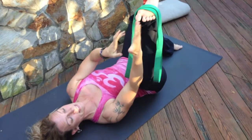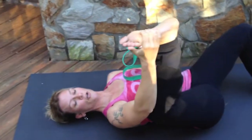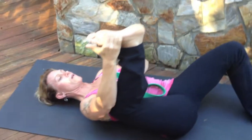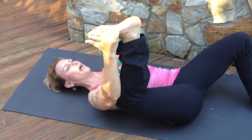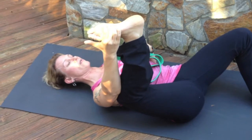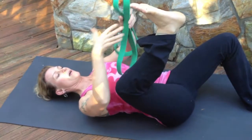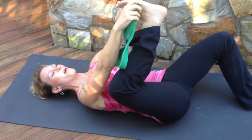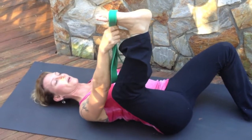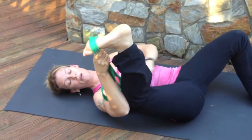Now, if it's easy for you to reach your foot, you can go ahead and grab hold of your foot. But again, you're going to pull the knee down towards the floor, keep your foot flexed, keep your back on the floor, your spine on the floor, and your shoulders down. So we don't want to be pulled up like this when we're trying to do this pose. Most of you probably will need some kind of strap to make your arm a little longer to pull down. Foot is flexed, ankle over the knee,